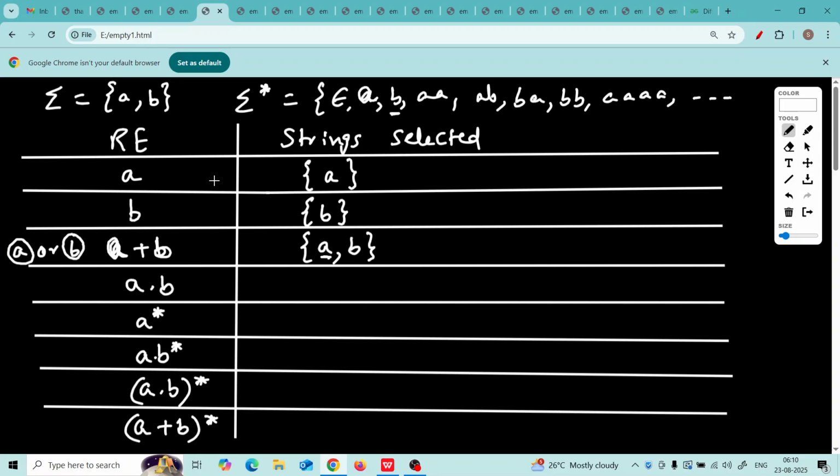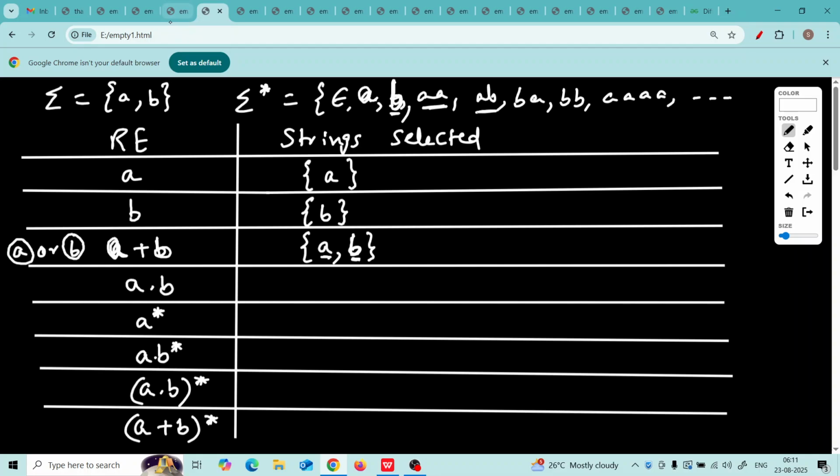And when you take the second string B, then B matches the second part of the regular expression, so B is also there. But none of the next strings will be selected because double A doesn't match A nor B. AB doesn't match A nor B. Correct? So either single A or single B. You can read like that. Single A or single B will be selected. So only two strings will be selected.